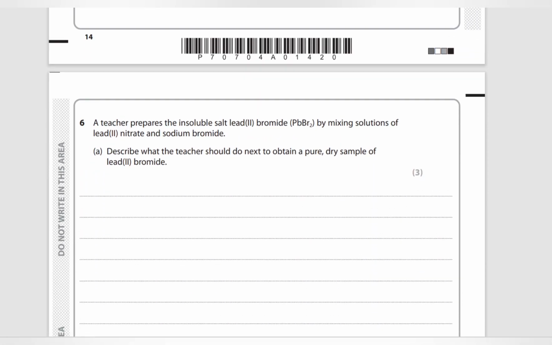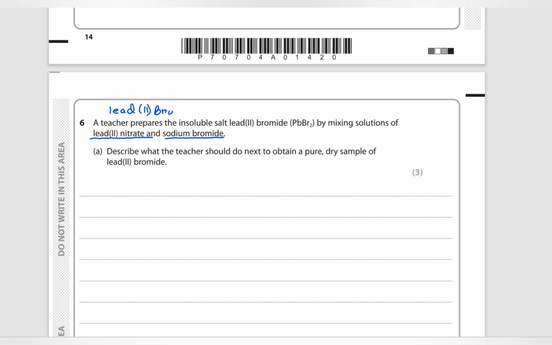Question 6. A teacher prepares the insoluble salt lead(II) bromide, PbBr2, by mixing solutions of lead(II) nitrate and sodium bromide. Describe what the teacher should do next to obtain a pure dry sample of lead(II) bromide. So the teacher has already prepared lead(II) bromide, but it is not in a dry sample. In order to get it, the teacher must filter the solution first to get the lead(II) bromide away from the sodium nitrate, because the entire equation looks like we are starting with